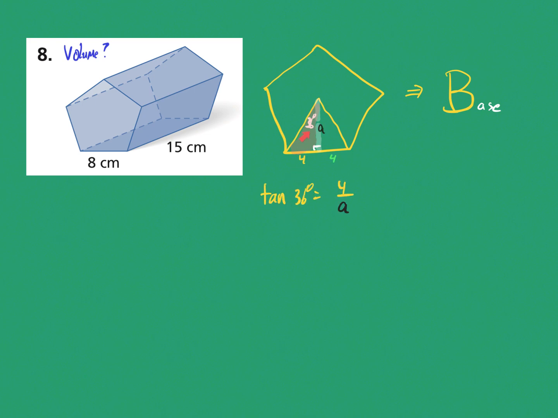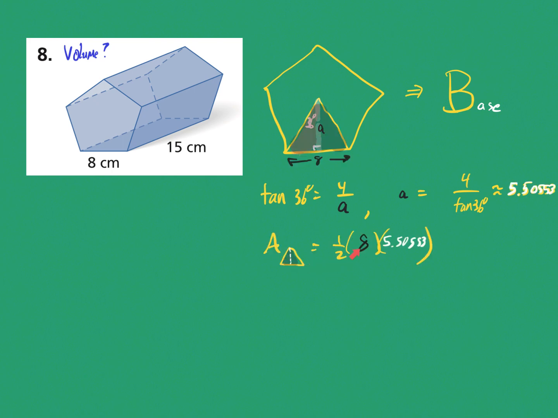So tangent of 36 degrees is the opposite side, 4, divided by the adjacent side, A. And therefore A is 4 divided by tangent of 36, which is approximately 5.50553. All right, so now we can find the area of this triangle, the whole triangle, which is 1/2 times base times height, and the base is 8, and the height is our A value. So the area of one of those triangles is approximately